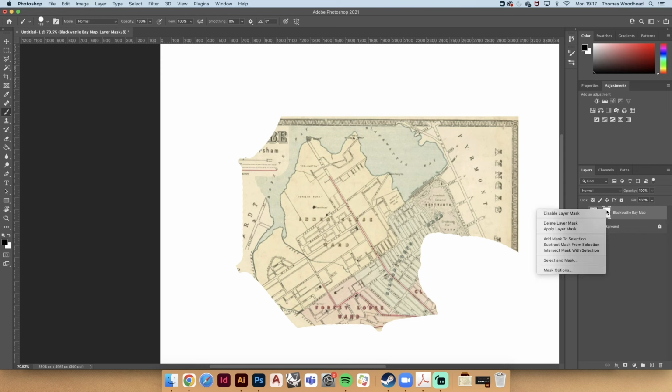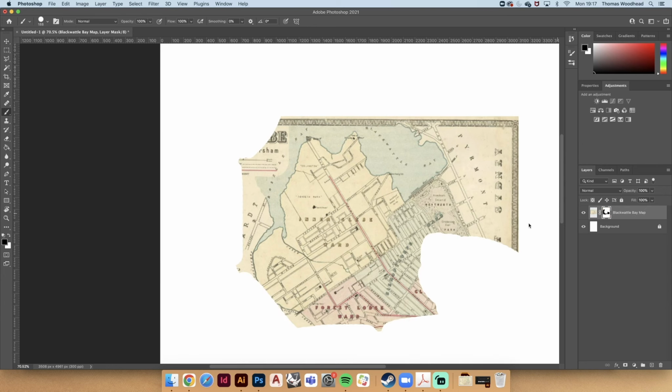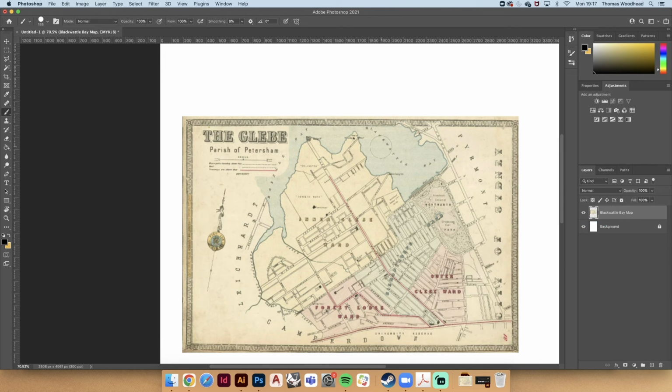If I right click on that, I can go disable layer mask. So I can turn it off, and then the rest of the map will appear. Then I can right click on it, go enable layer mask, and that same part of the map will disappear again, which can be really useful. If I just delete that layer mask, I don't want it anymore, it'll disappear. If I go back and create layer mask again, and I'm operating on the layer mask over here,